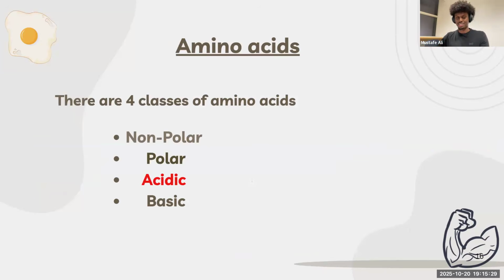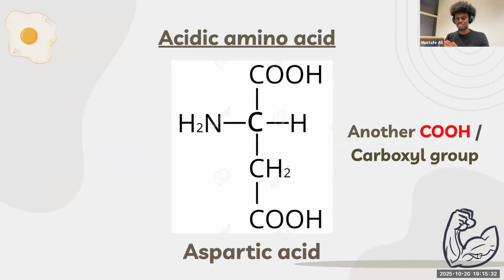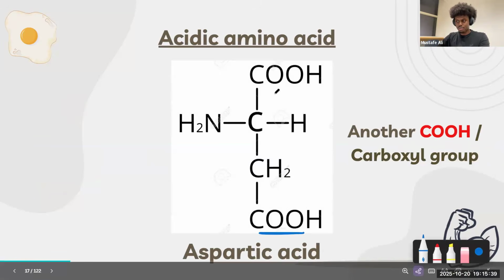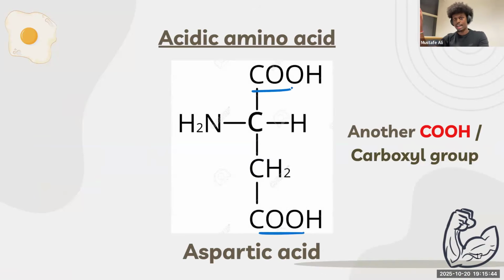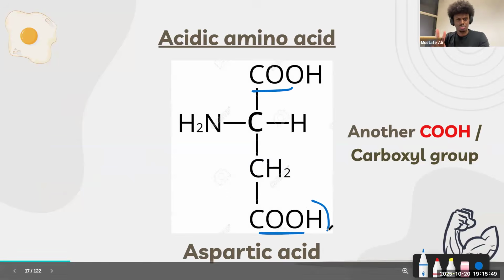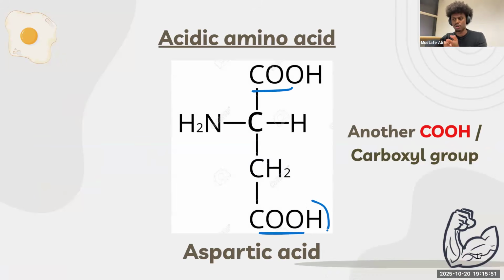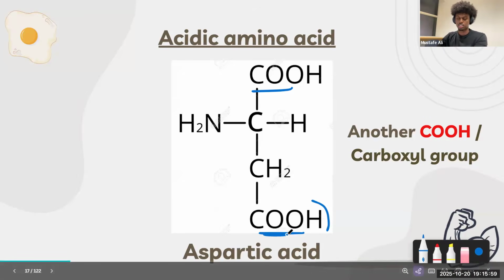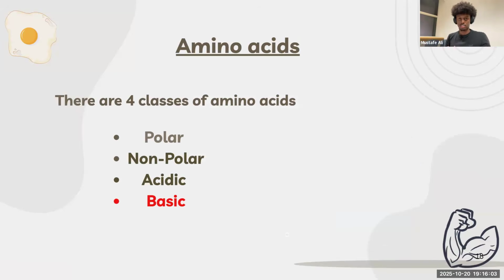Now let's move on to acidic amino acids and how they look. For acidic amino acids, all I need you to know is that in the R group, there is a carboxyl group, okay? Same as the one that is present in nearly every single amino acid separately. That group is going to be present in the R group, right here. So there are two types of acidic amino acids. There's glutamic acid and aspartic acid. What you need to know is that if it's an acidic amino acid, it will have a carboxyl group present in the R group, okay? That is it for the acidic group.